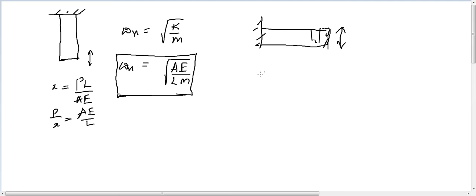In that case, here also again the formula is the same, omega n is equal to square root of k by m, but here